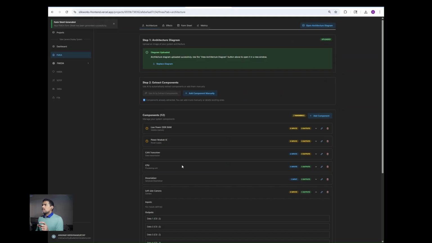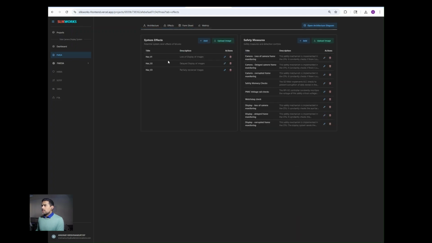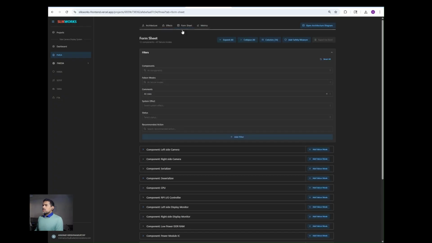It could be two, three failure modes, which is built on a database. For each of those failure modes, it combines it with a given effect, which is given over here. And then given the effect and the failure mode, it also tries to predict the cause, and given the effect, the failure mode, and the cause, what is the best safety measure to prevent it? This is what the form sheet is going to look like. So once